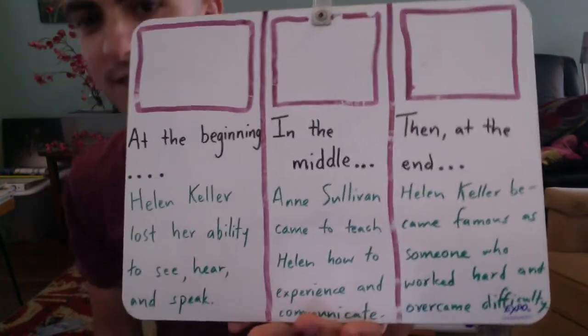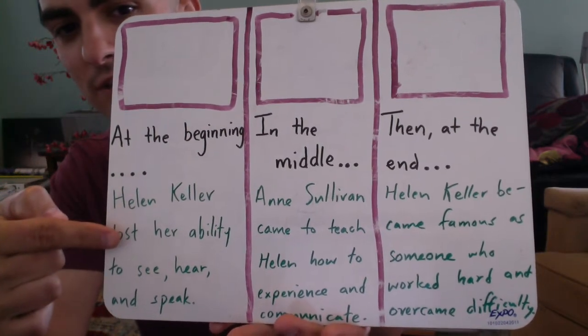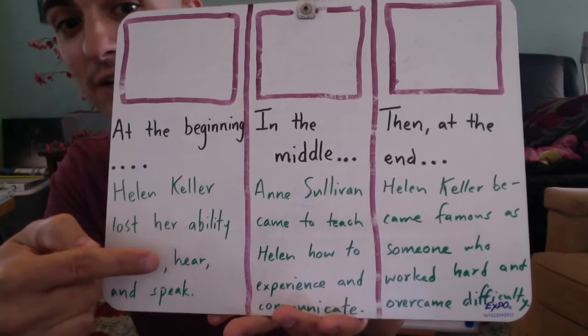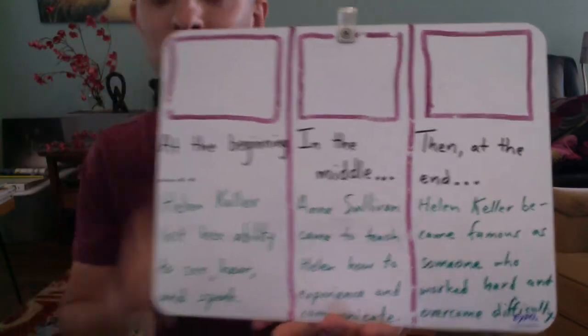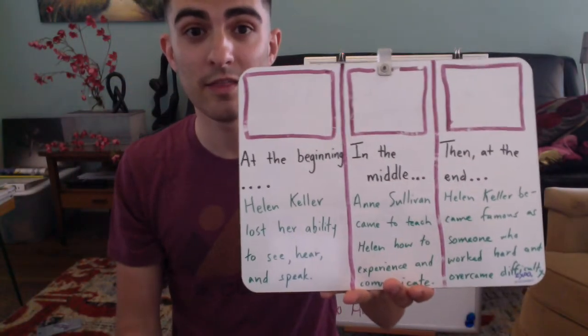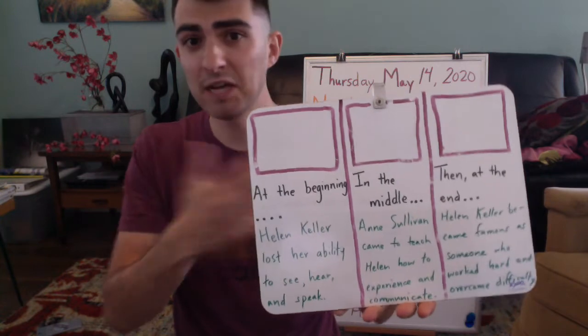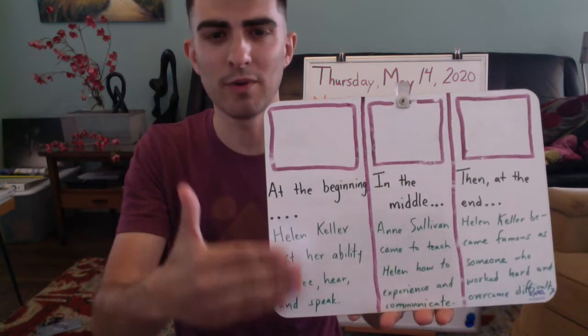It's not the greatest. So at the beginning, Helen Keller lost her ability to see, hear, and speak. We know that happened in the beginning of the story, and the rest of the story is based on what happened at the beginning. You might have something similar, might have something slightly different, but remember that in the beginning